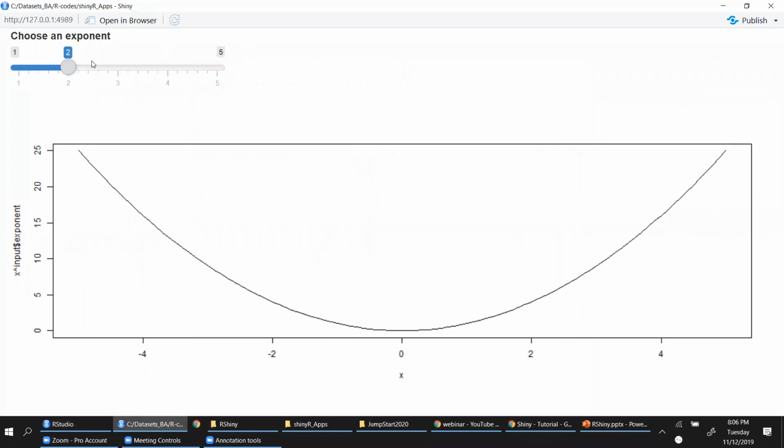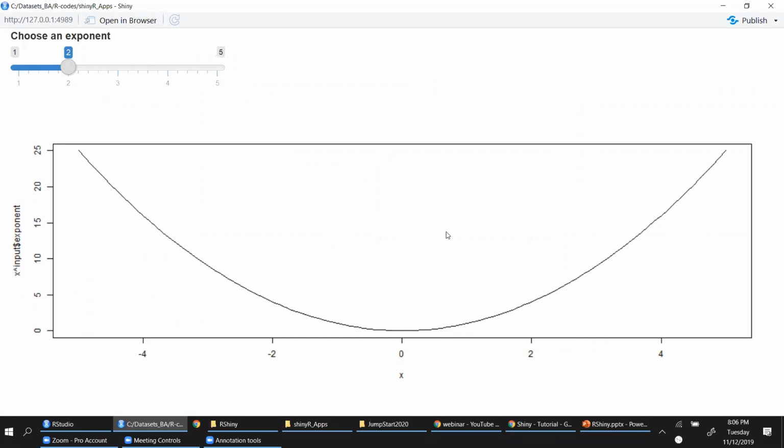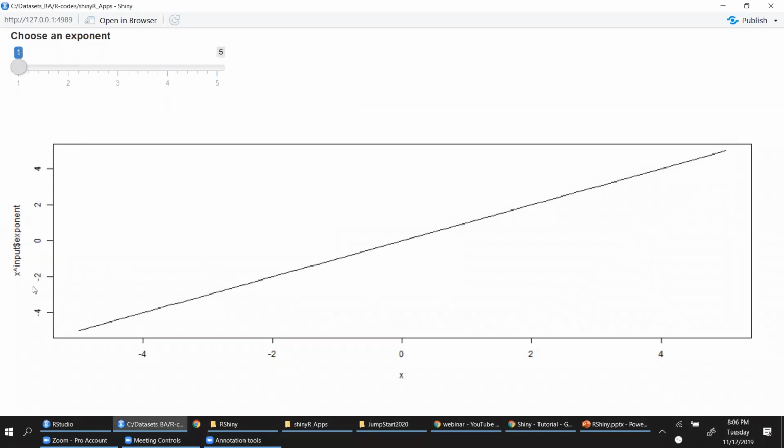I can change as a user. Here I'm changing it to 1, and you get a linear line. If I change to 2, I'm getting an exponential line. So what I'm basically doing here is the function that I'm plotting is x power input, x power exponential. That is this input. So first is x. When I pass input as 1, it takes x, and it is a linear function.